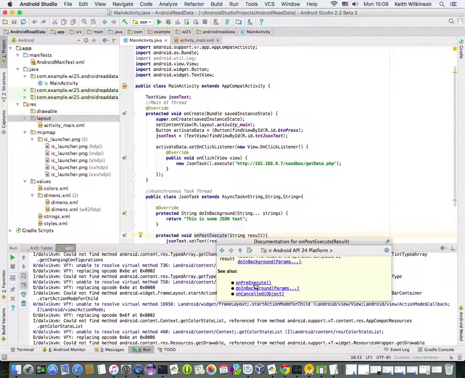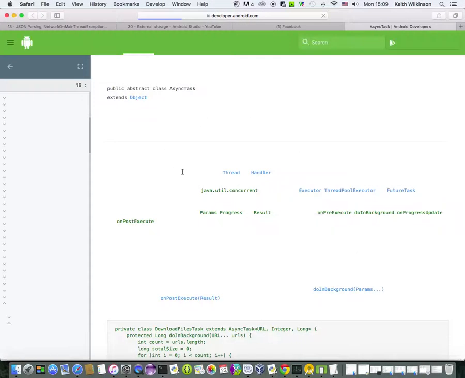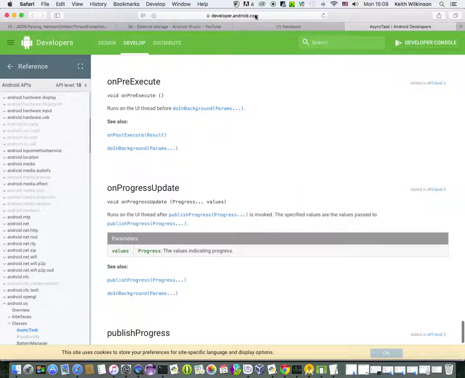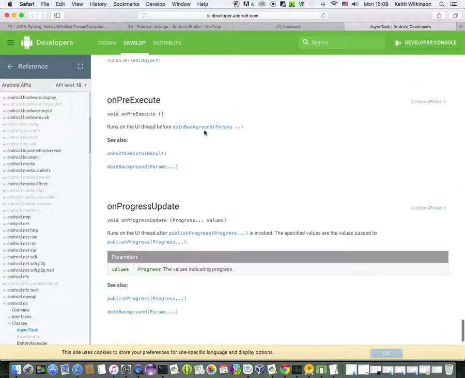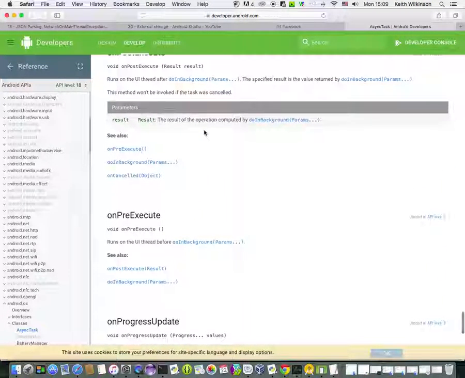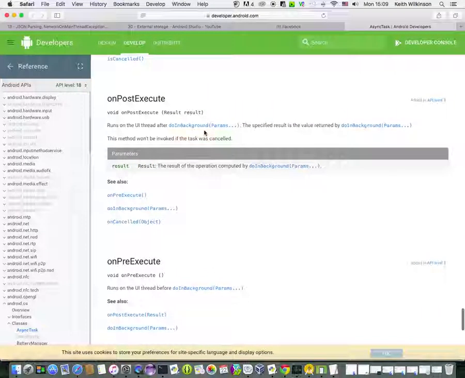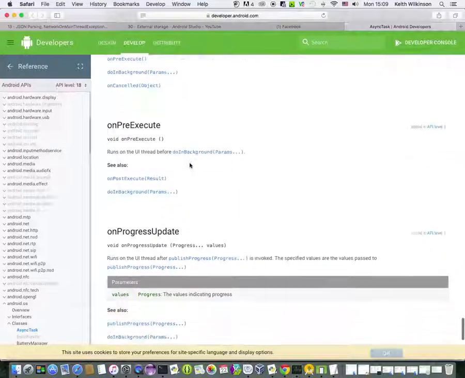I'm just going to click on onPreExecute just to have a look. And what happens is that it takes me to developer.android.com and all the reference libraries that go with it. Now, here's my onPostExecute, it tells me all about it, but it doesn't give me an example of how to use it. But there's one thing that I missed out, which is, I think, specified down here,